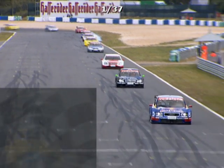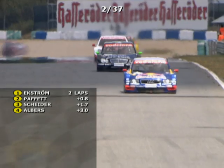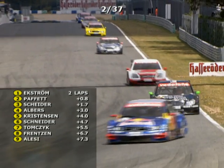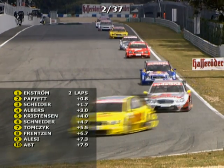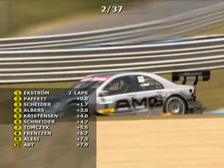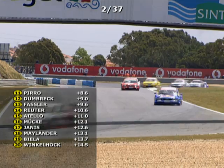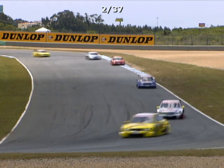And just check out the positions after 2 laps. Ekström leads, and it's almost a second over Paffett. Scheider going well for Opel is third, then it's Albers, then it's Christensen, then Bernd Schneider, then Tomczyk having a good run, Frentzen, Alesi, and Abt up in the top 10 as well. After that, it's Pirot 11th, Dumbreck 12th, Fässler is 13th, Reuter 14th, and a disappointing 15th is Laurent Aiello, who